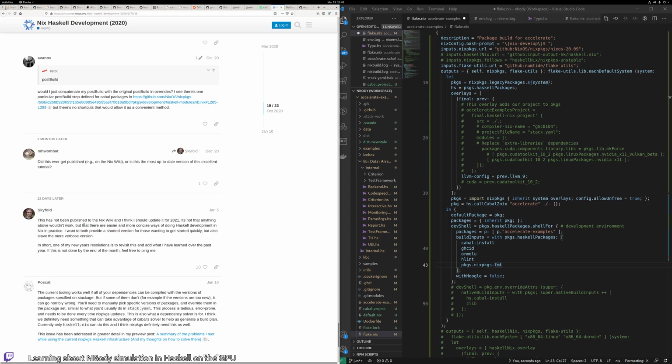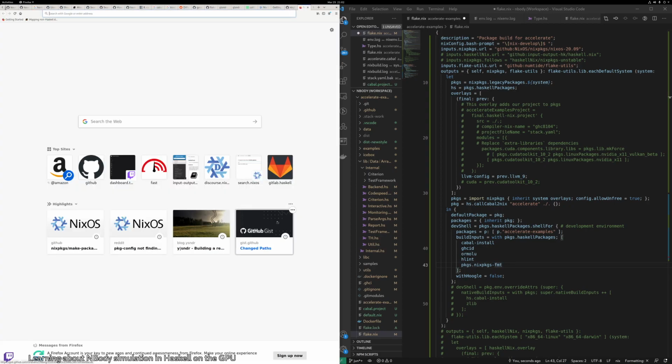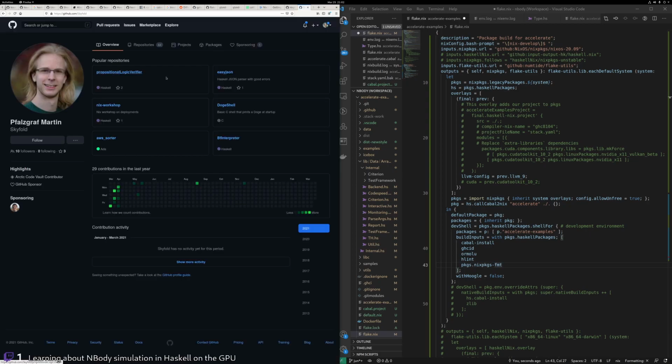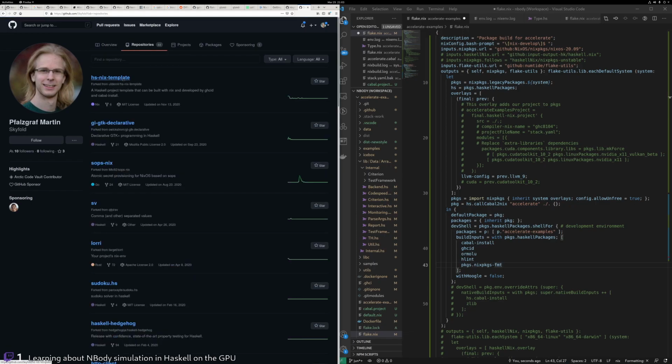It's not that anything about it wouldn't work, but that there are easier and more concise ways of doing Haskell development in Nix in practice. Okay, Skyfall, I want to see your work on GitHub, please, because I want to see those new and more concise ways. This is you. Hello, Martin. Okay. What do we have here? HS Nix template, Haskell project template